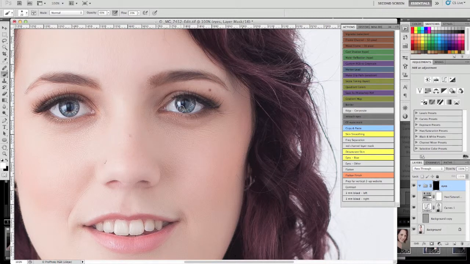Get me some definition in the iris there, and I think that makes the eyes really pop, so that's quite important. I'm going to dial my opacity back now to about 30% and just do the whites of the eyes. I want to do those really subtly. I also want to make sure I don't do those evenly from edge to edge. I want to do more brightening in towards the iris and less towards the edges, because I find that if